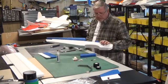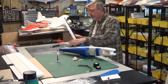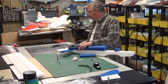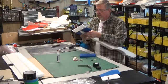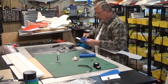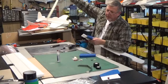Alright, I've got my hinges in my elevator, and that works good. So you want to measure everything and make sure your elevator is centered, and you want to make sure your elevator is square. And really all you have to do is hold it up against the front and it should be square. But you really need to measure both sides. I measured on the front edge. So I got about 6.5 over there, and